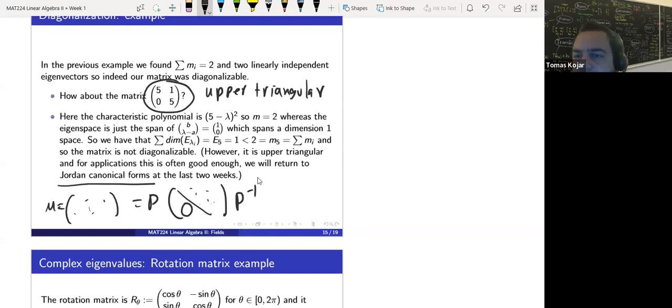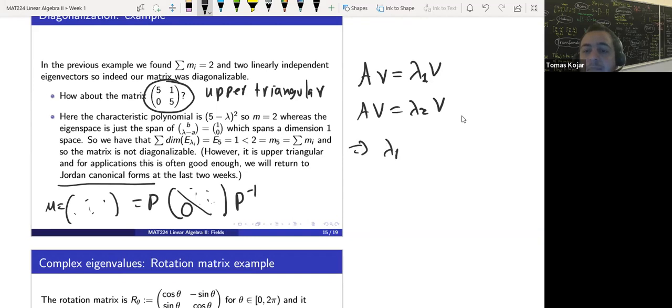Could you have multiple eigenvalues yielding the same eigenvector? By multiple, I'm guessing you mean distinct, in which case, no. If you have distinct eigenvalues, you get distinct eigenvectors, right? Because remember, the statement is AV equals lambda V. If you have it for the same V, then you get a contradiction, because when you take their difference, you get (lambda 1 minus lambda 2) V equals 0. But I'm assuming this is not 0, so you get V equals 0. Okay.